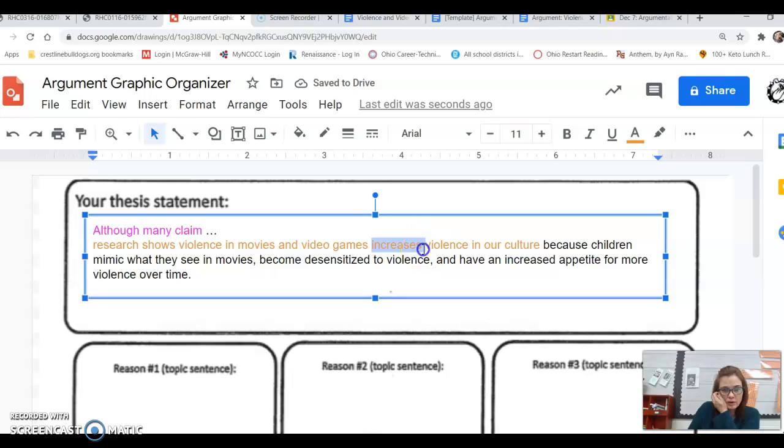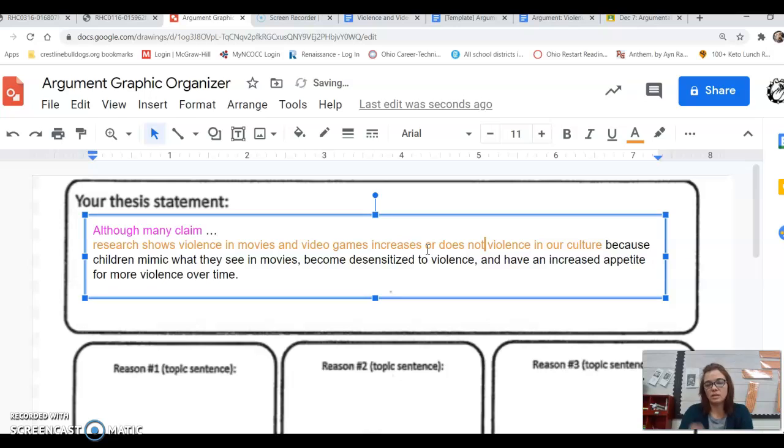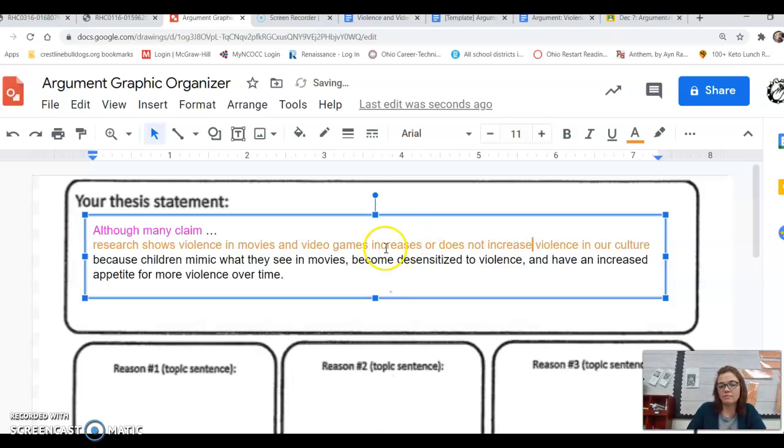But here is where you can say increases or does not increase. Okay, this is where you will have to choose this, but you can use that same exact language there.